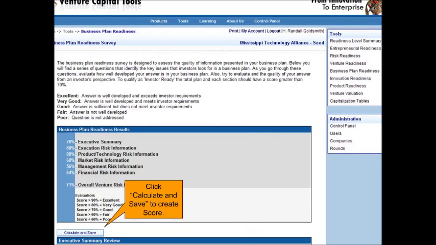Scoring the survey. Once you've entered responses to each question, click Calculate and Save to generate your score. If your responses require extra time to respond, you may want to click Calculate and Save after finishing each section to prevent the assessment from timing